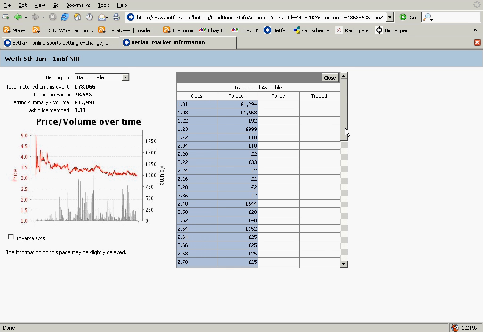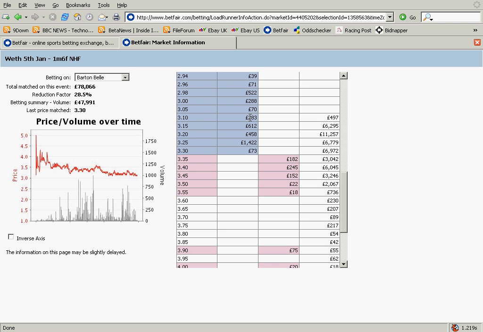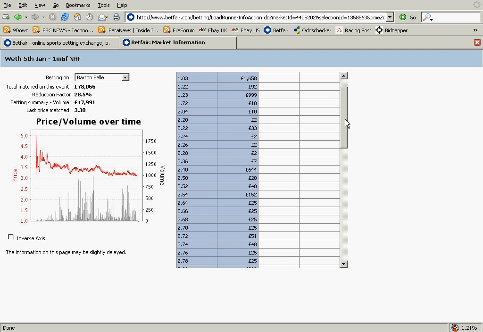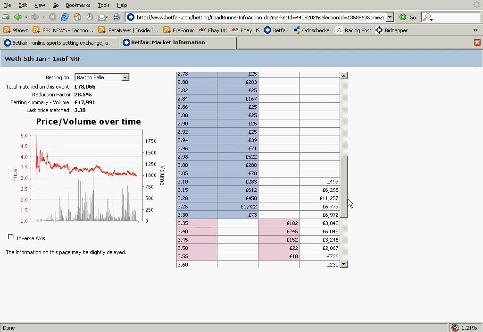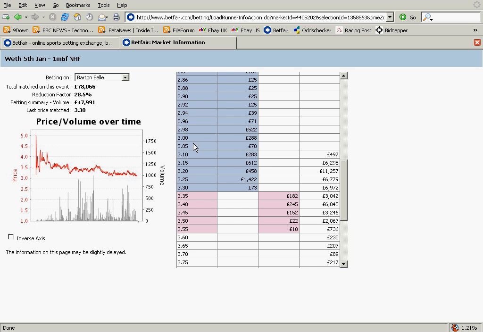Okay, on the right hand side you'll see the back and lay columns. Whereas with the usual BetFair interface all you'll end up with is 3 buttons on either side, so you'll just have a limited snapshot of what's available to back or to lay. If you click on the information box you can see all the figures that are available to back and to lay. As you can see here, we've got about £73 at 3.30 and £1,400 before it, and then £458 before